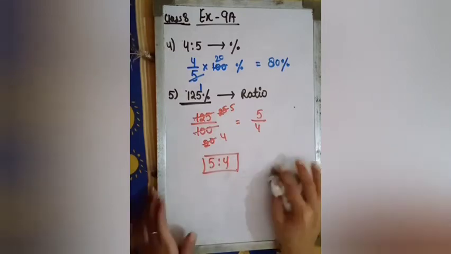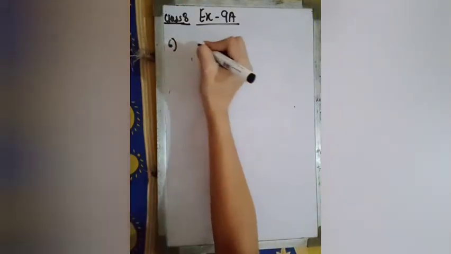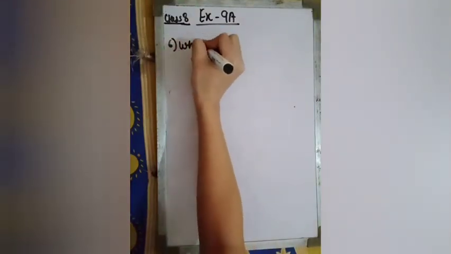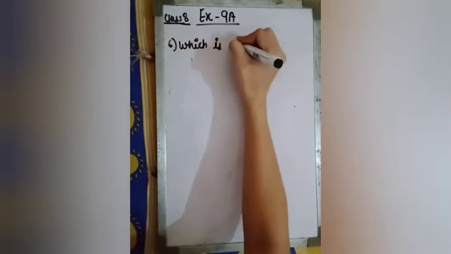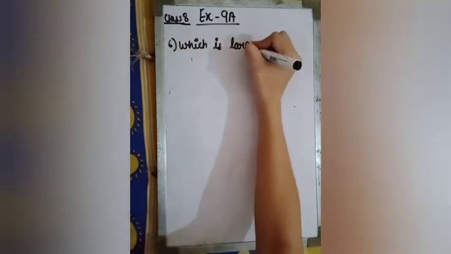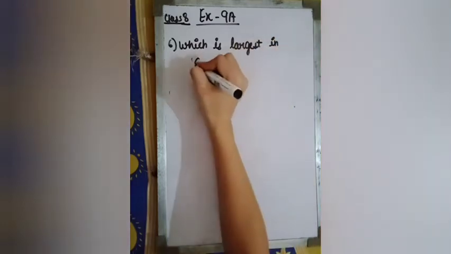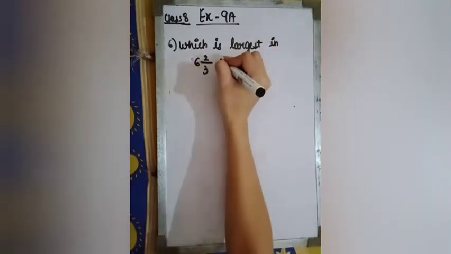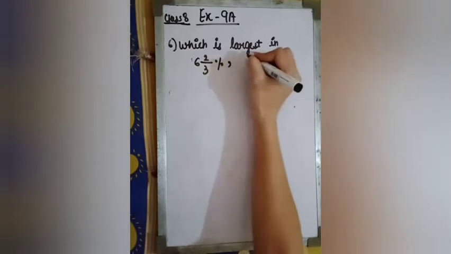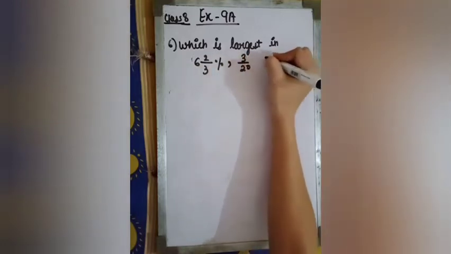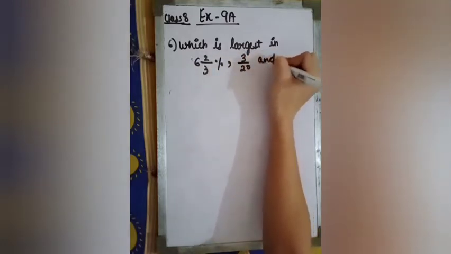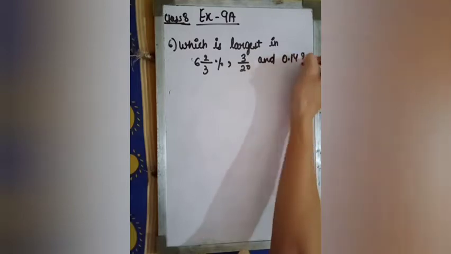Now look at question number 6. Question number 6 is which is largest. They are asking which is largest. There are 3 numbers: 6 whole 2 upon 3%, 3 upon 20 and 0.14. Now students,